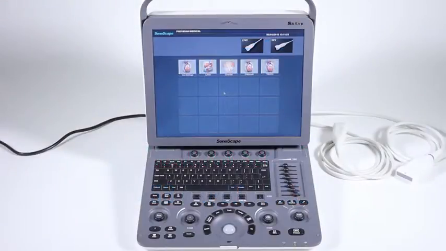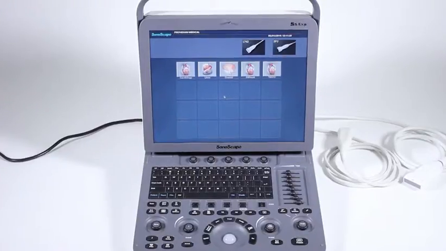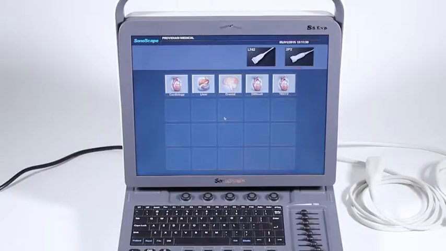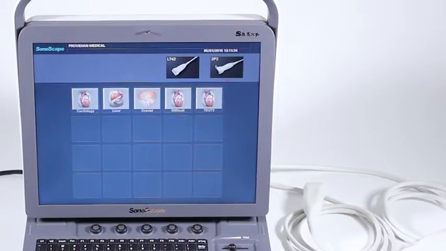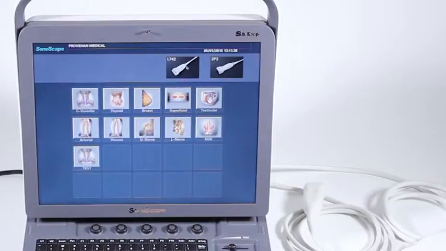When you boot your SonoScape S8Exp Expert and you have a transducer plugged in, it will come to this screen. Up here you can choose which probe you want to scan with, the sector or the linear, the two probes I have plugged in, and then you would go ahead